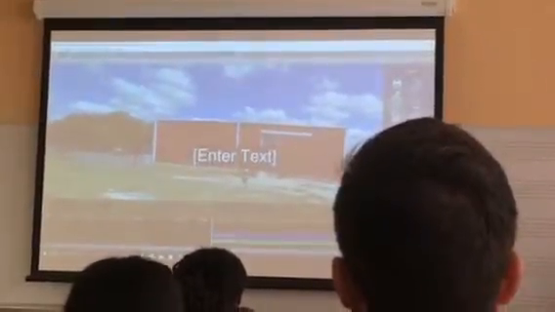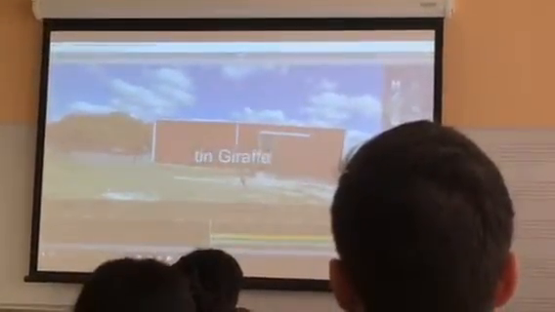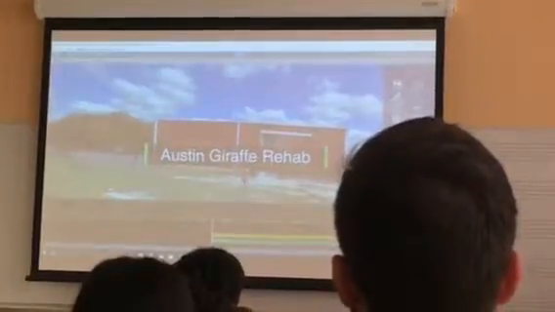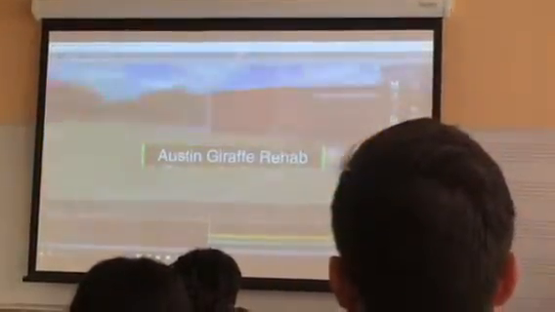The other thing that's awesome with that, and let's do a text heading here. If I click on my text heading, I double click to enter in, and I'm going to say Austin Giraffe Rehab. In here, I can once again move this wherever I want. I can scale it, and with my rotate key, I can sort of make it aligned with the video and give it a little bit of depth, right? So once again, it's not like it's completely locked to my POV. It's little things like that that will make the video really